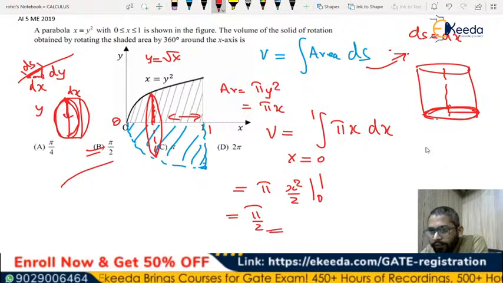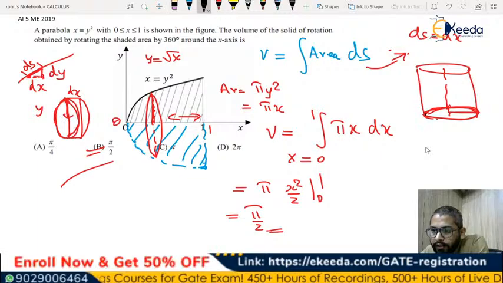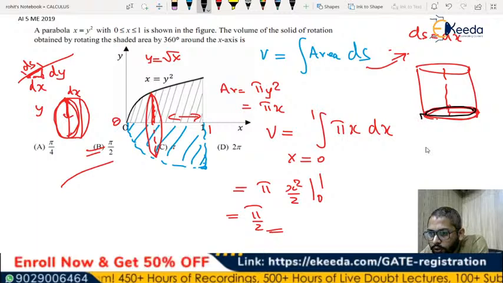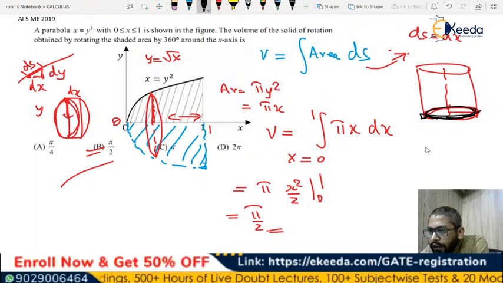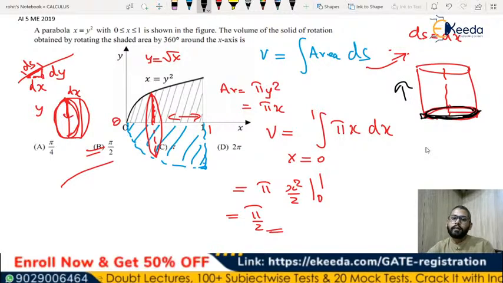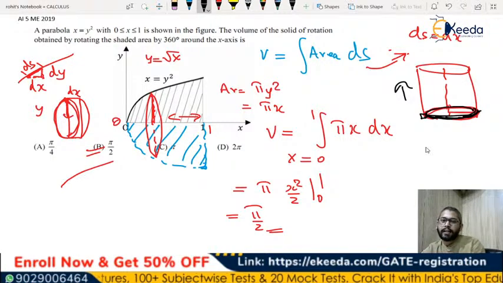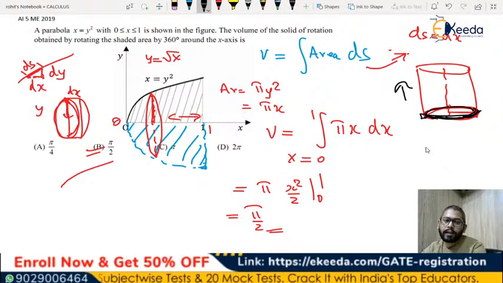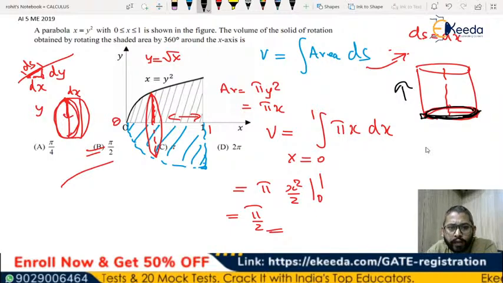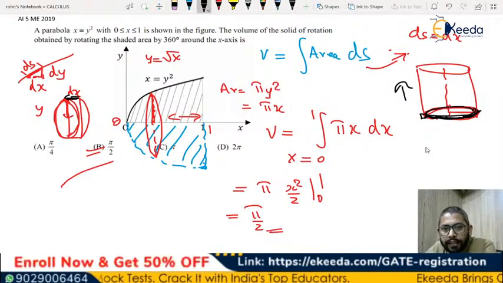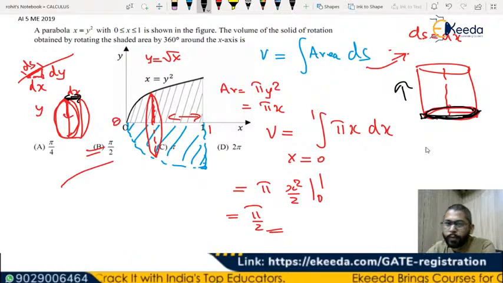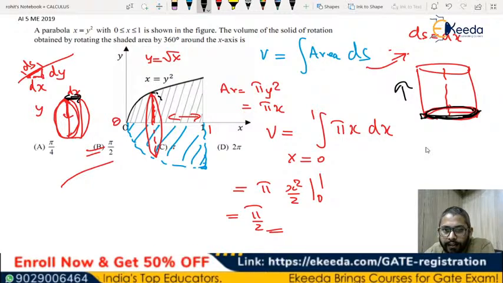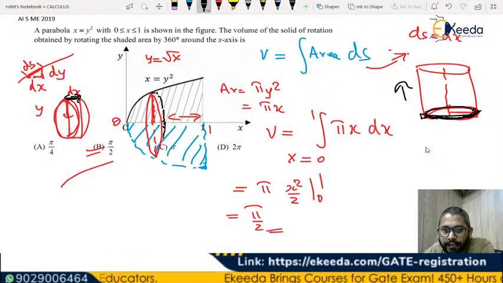You take a width. Let me take the width like this, right? So you take a certain width of this, and this is nothing but the height of it, right? Similarly, this is a simple cylinder, but when you have a curve like a parabolic curve here, in that case this width is nothing but the dx. You getting my point? This width is nothing but the dx,